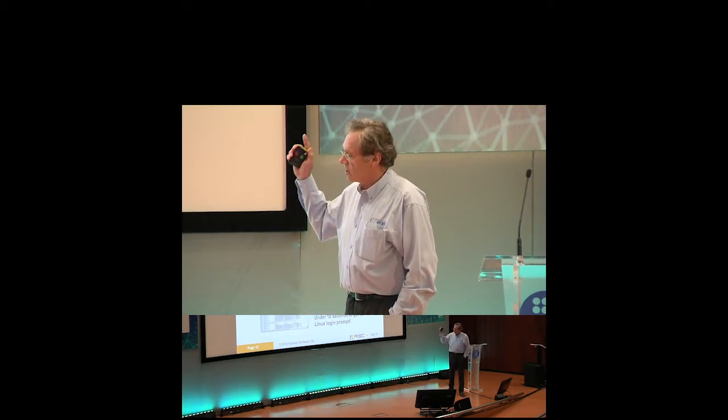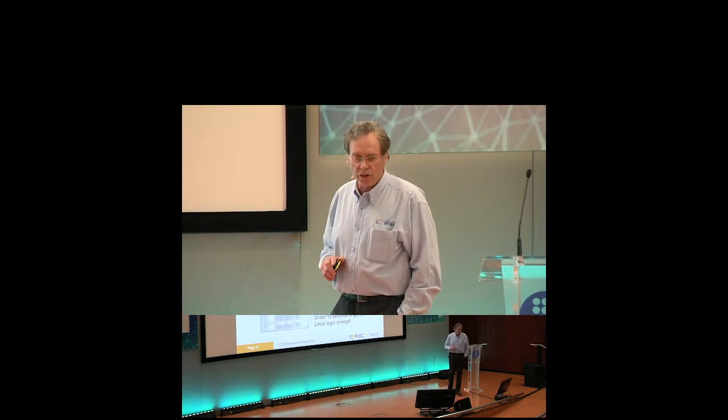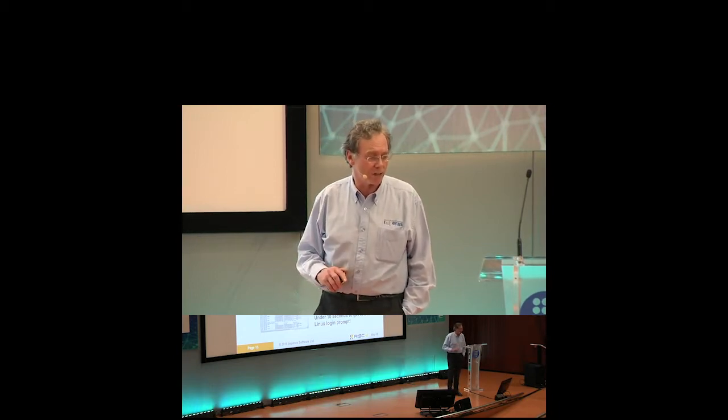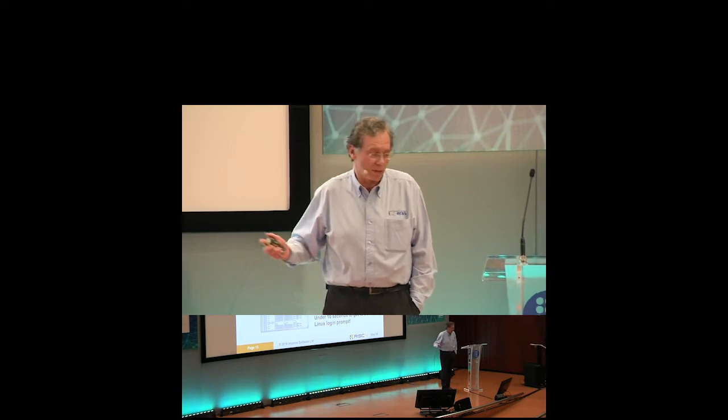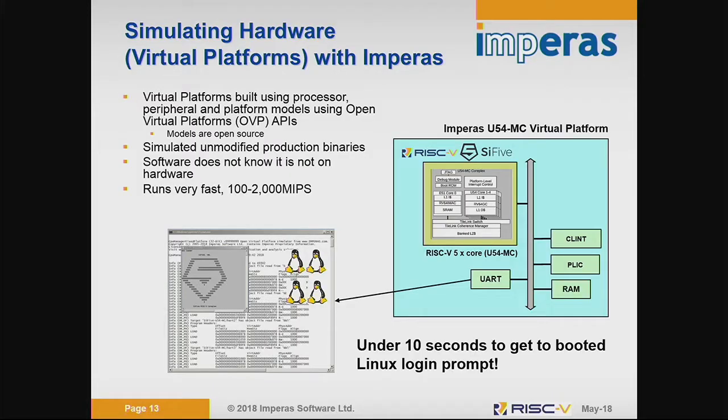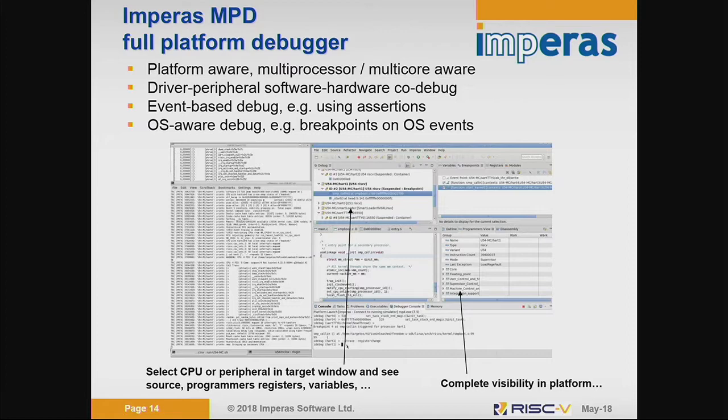And we've simulated, actually for fun, we tried up to 4,000 cores just to see what would happen, little Minium cores, just all running Dhrystones. And it's pretty slow, but it actually works and everything like that, so it can be done in there. So that's a bit about simulation, and it comes with full debug technology so that you can actually see what's